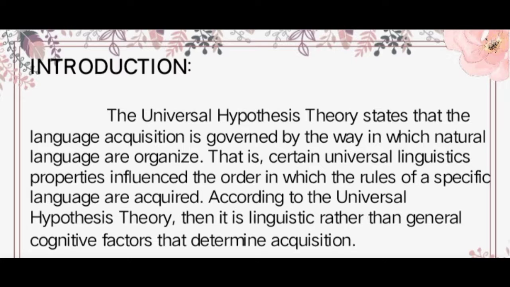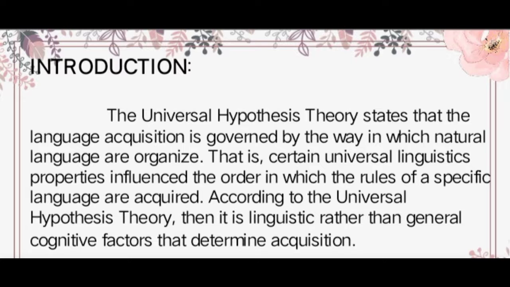So according to the introduction, universal hypothesis theory is the process by which humans acquire natural language systematically and also gain the ability to be aware of and understand language, as well as to produce and use words or sentences to communicate using language patterns. In short, universal hypothesis theory, or the universal grammar theory, according to the philosopher Noam Chomsky: every human already has innate or inborn skills in their brain.